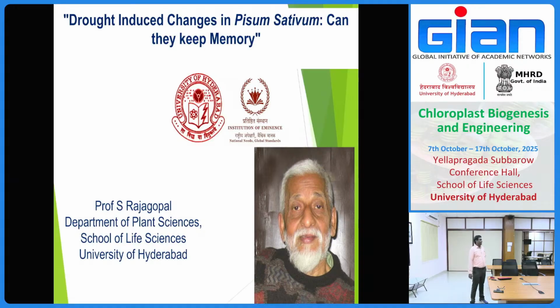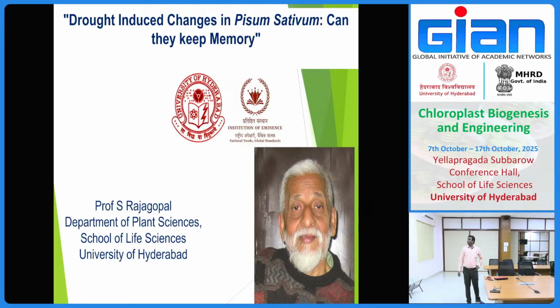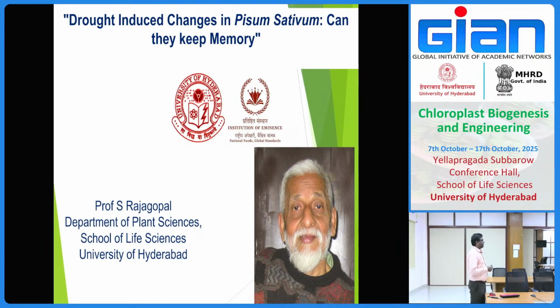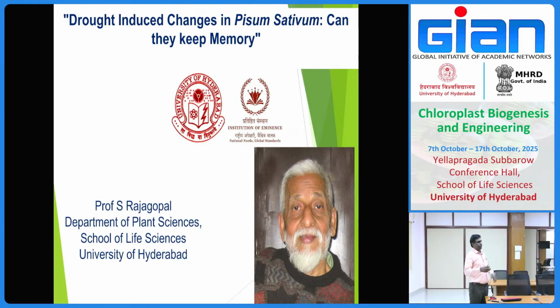Here we look at how the chloroplast behaves when exposed to stress, called drought stress, and we used a model plant, Pisum sativum, which we also call chickpea. This is a little bit different. Here the question is, can they keep memory? When the plants are stressed,